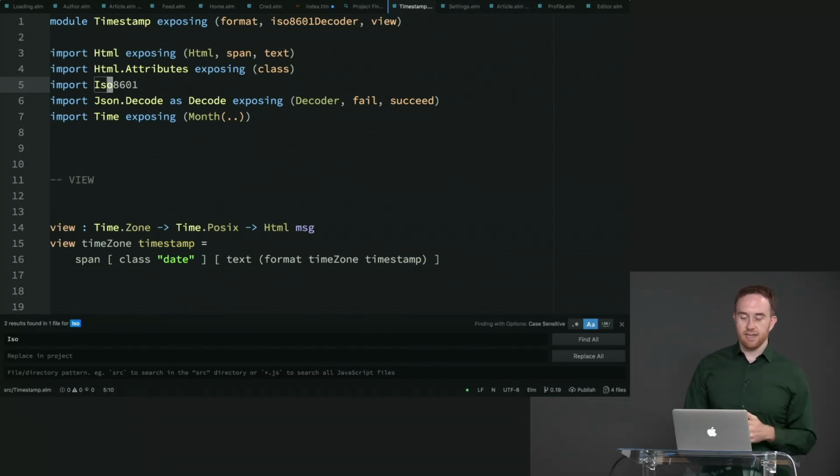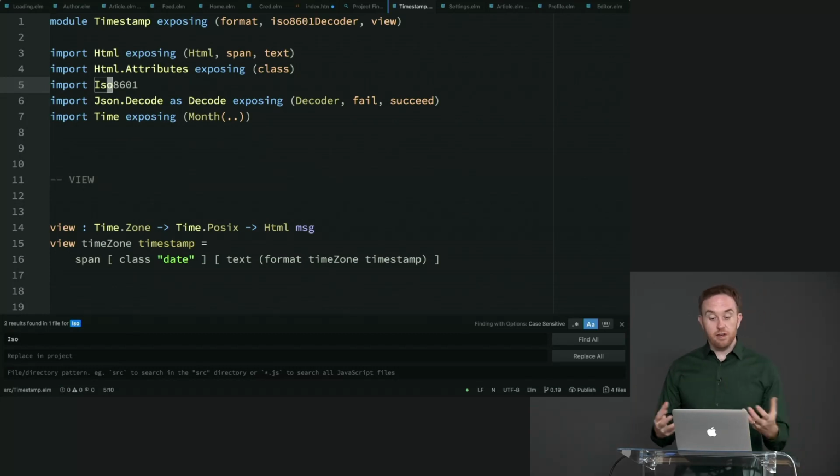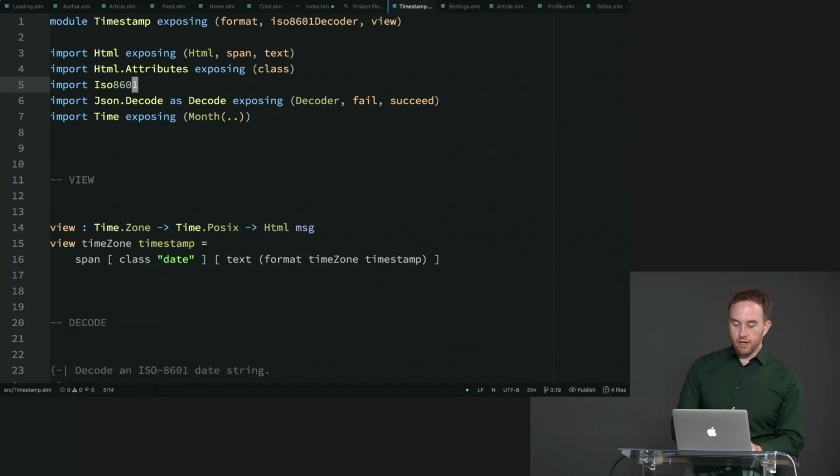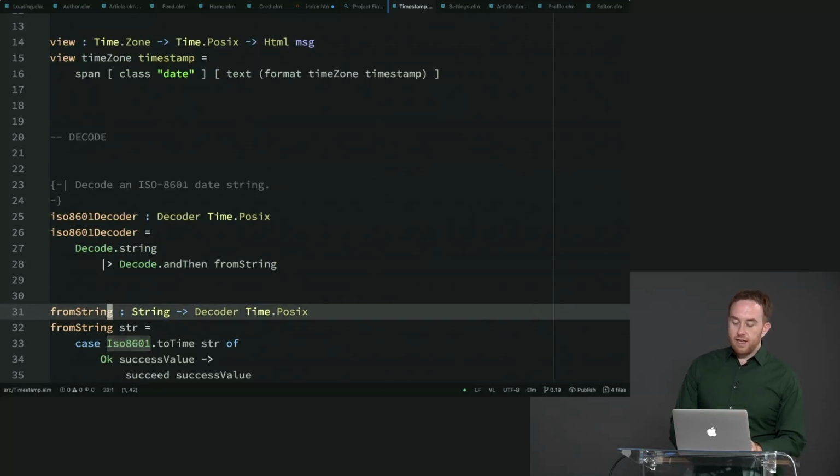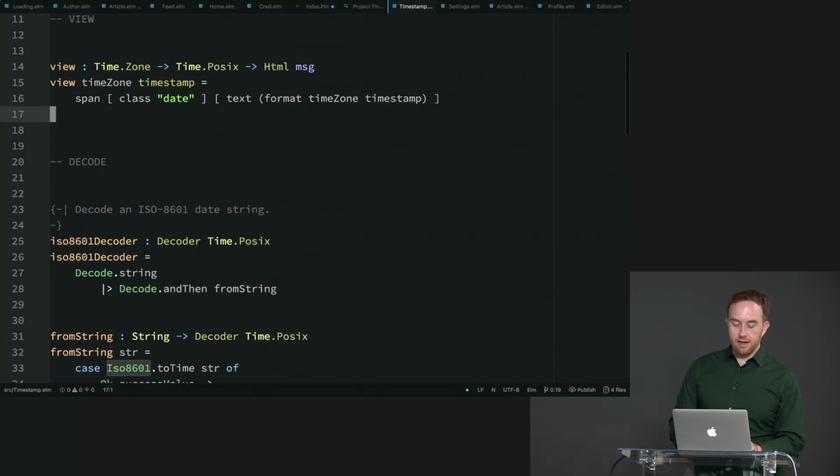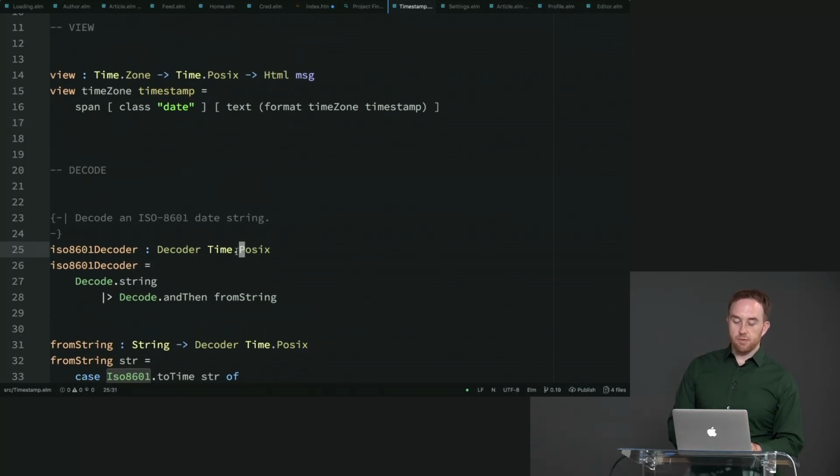This is in the previous section. We talked about this. So this is a string format, and we have a library called Elm ISO 8601, which converts from those date strings to the POSIX timestamp, which is what we actually want to store in our model. Okay. So right here we have a little helper function that decodes it, because we want to expose an ISO